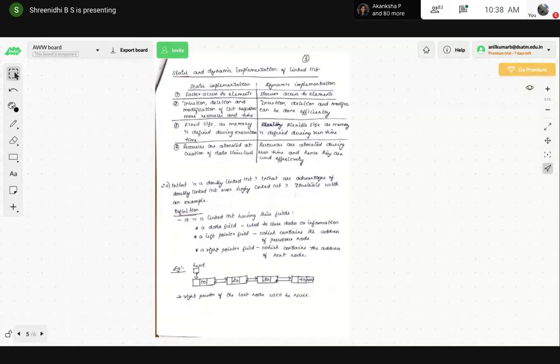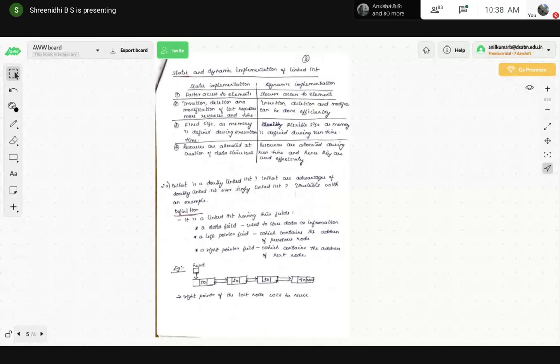Insertion, deletion and modification of the list require more resources and time in the static case, whereas the dynamic implementation can be modified efficiently for insertion and deletion of data. Static has a fixed size memory location, whereas dynamic has flexible memory during runtime, as the name indicates. In static, resources are allocated at the creation of the data structure itself, whereas here resources can be allocated efficiently during runtime.